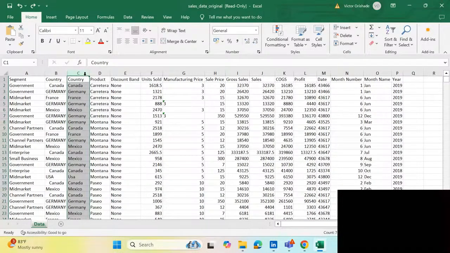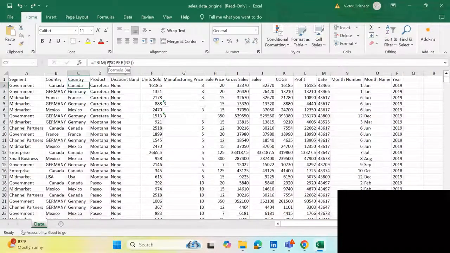So I will just select this new column I generated. The reason why I'm doing that is because if you notice, if I click on any cell here, like Canada, and we look at the formula bar, I'm only seeing the trim proper function that was used to generate that particular cell. Whereas I want to make sure that I'm no more seeing this formula. I want to be seeing Canada instead. Like, take for instance, let me click this Canada. I'm seeing the Canada here, but while I'm clicking this Canada, I'm seeing the function. The reason is because this is the function that was used to generate